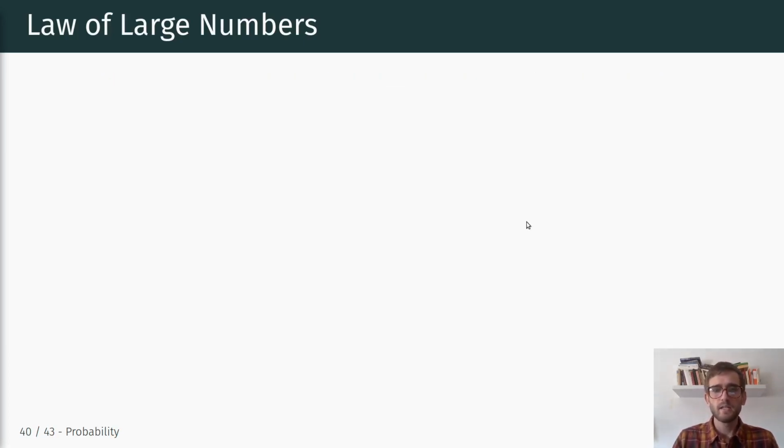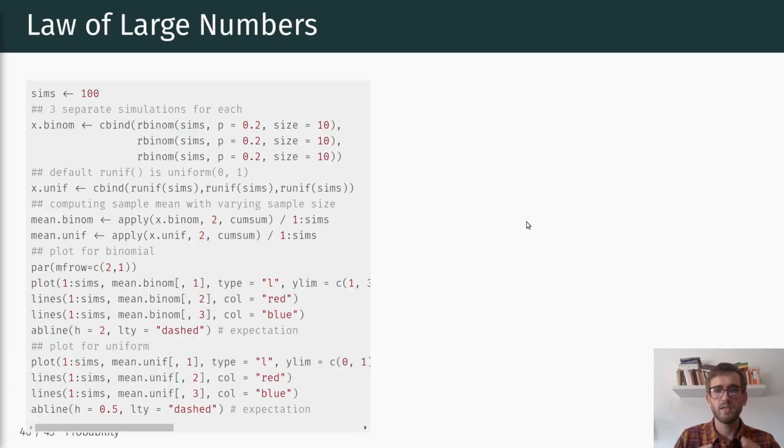Okay. To visualize this, we can simulate this example with R and look at how this convergence actually occurs. There's quite a bit of code, so I'm going to walk through it step by step, right? This is taken from the book, so you can follow the description in the book as well. Suppose here we're taking 100 simulations, so we're increasing our sample size to 100. Of course, you could do this with larger numbers, but in order to see this convergence, we'll go up to basically